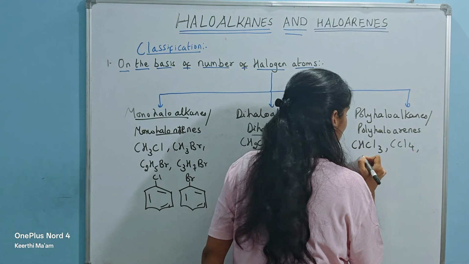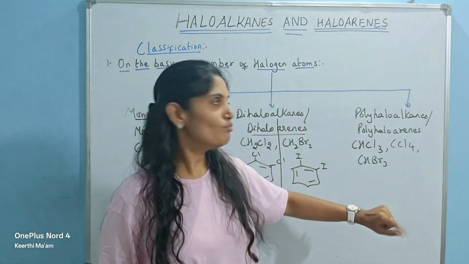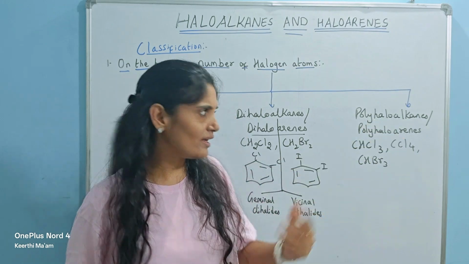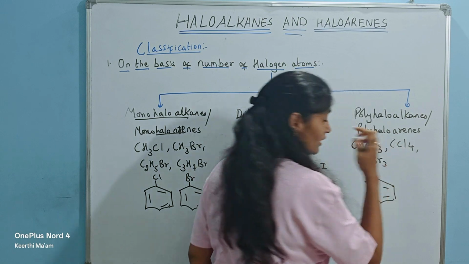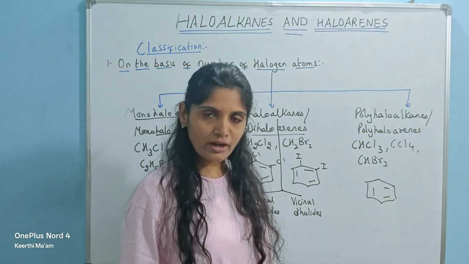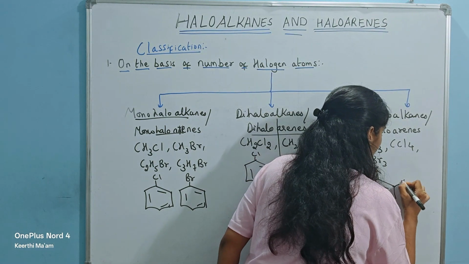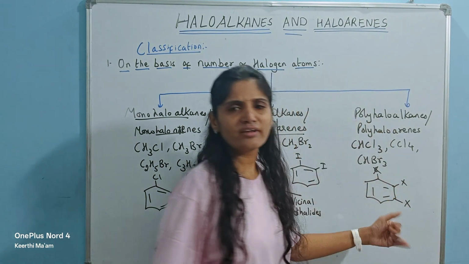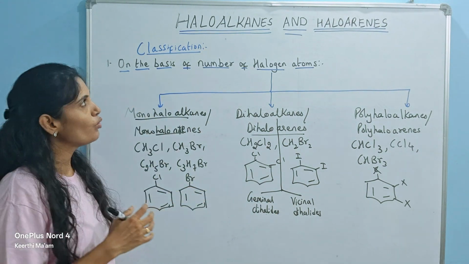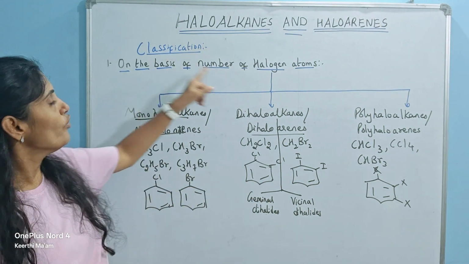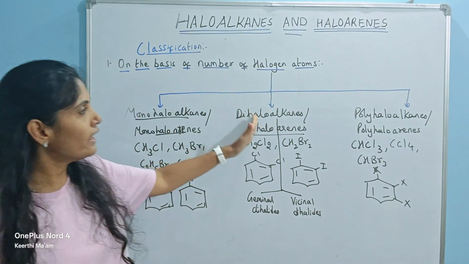Okay, you can even take CHBr3, which is your bromoform. All these are very simple examples of your polyhaloalkanes. In the same way, you can take polyhaloarenes in which more than two hydrogens are replaced by your halogen. So I can write here X, X, X, and this X can be any of your halogen. So this is the basic classification of haloalkanes and haloarenes on the basis of number of halogen atoms: monohalo, dihalo,